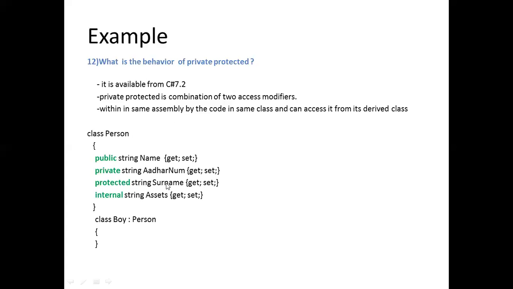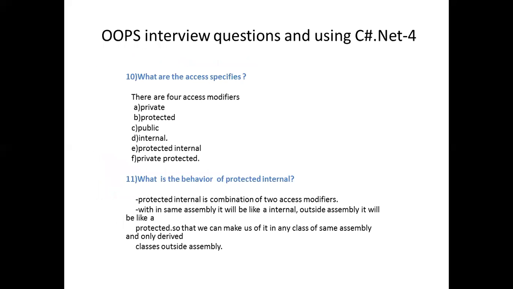protected access modifier properties you can use in derived classes also. Public means you can use it in other classes also. If you take the Boy class or another class, you can use it as you want in the same namespace as well as other namespaces. Private means strictly in this class. Protected means the same class as well as derived classes. Internal means the same class as well as derived classes from another assembly also.